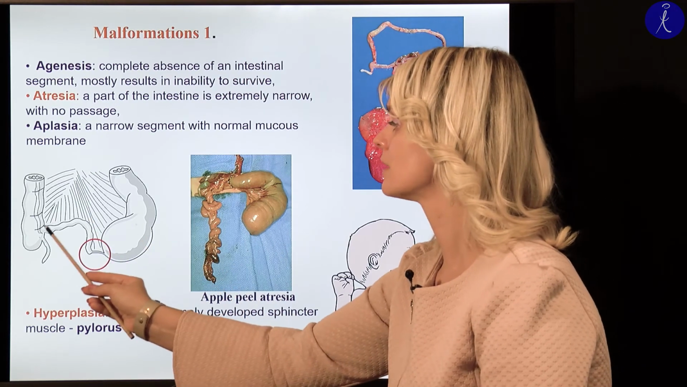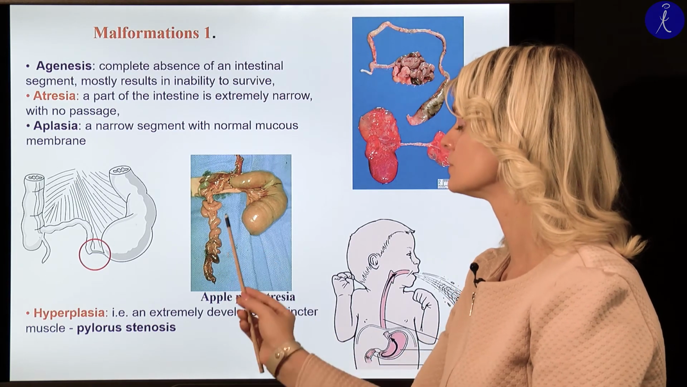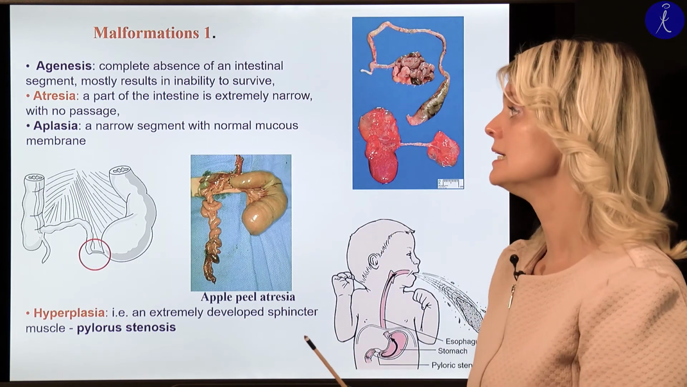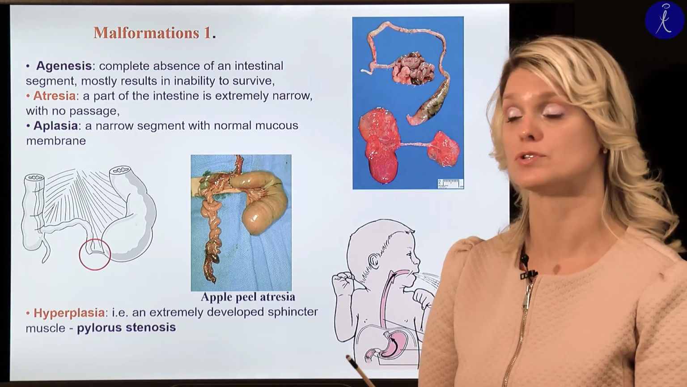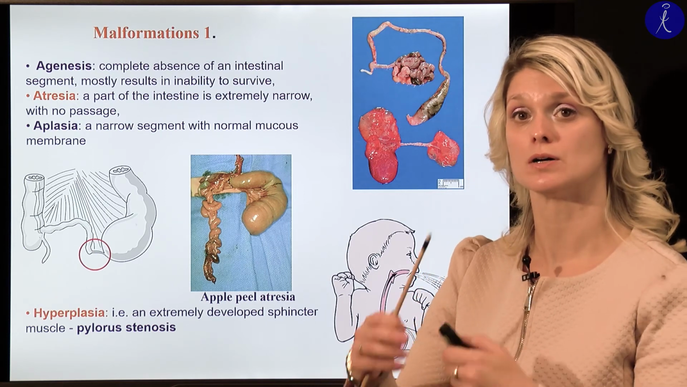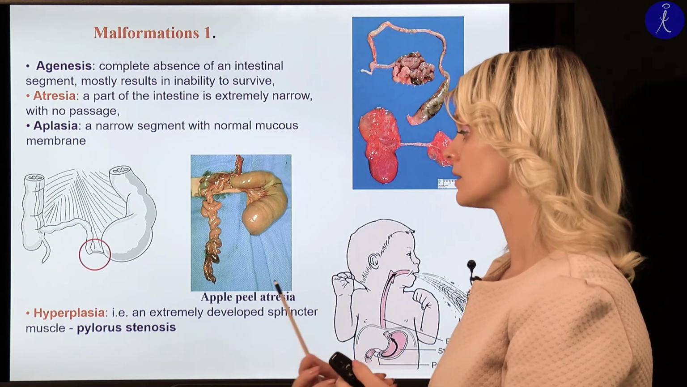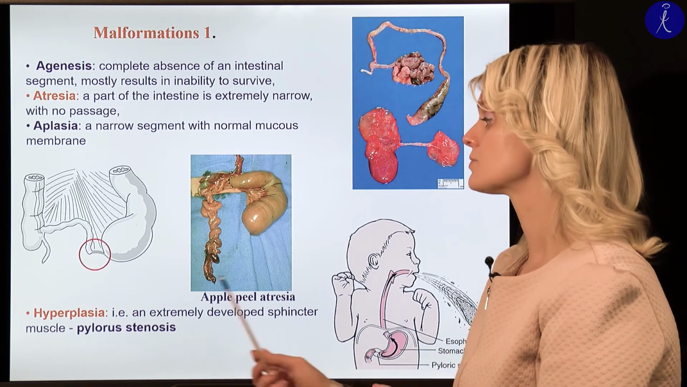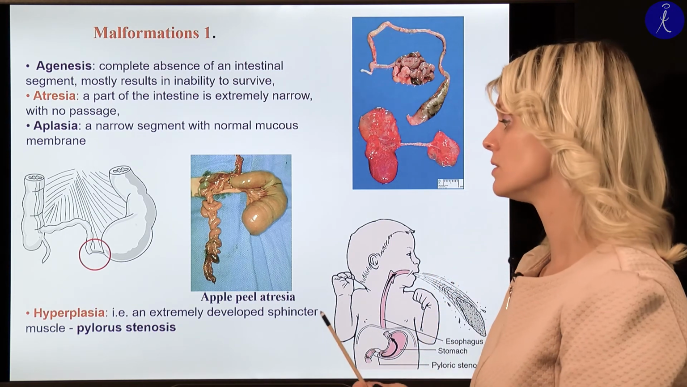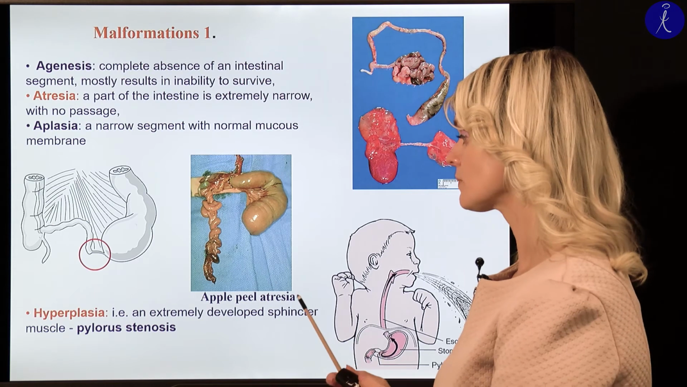Like the other parts, they are really narrow, and like a peel of the apple will surround the root of the mesentery. Here you can see also another example for the aplasia, atresia of the GI tract. We can talk about hyperplasia too, when a smooth muscle, for example, in the wall is hypertrophied. It is, for example, in case of pyloric stenosis, when the sphincter muscle around the pylorus is bigger,